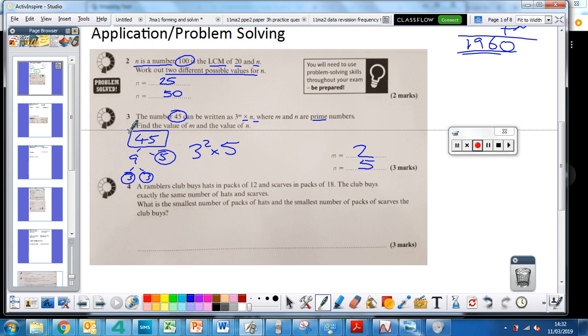You need to recognise number 4 as the lowest common multiple question. And you need to recognise the numbers are very easy. There are hats that come in 12s, scarves that come in 18, and they want exactly the same number. So what you're looking for is the lowest common multiple of 12 and 18. And if you wanted to, you could do the Venn diagram way of doing it. However, the numbers are so small and so simple that actually if you just list the multiples